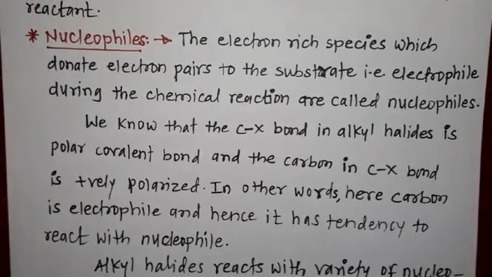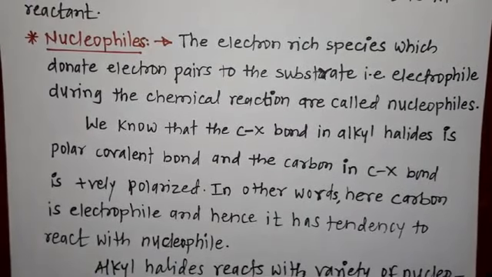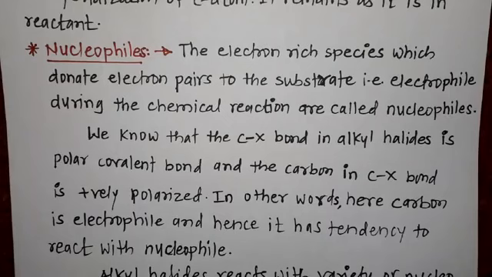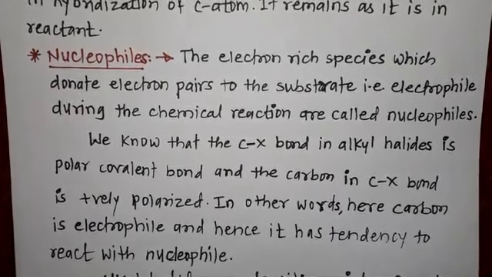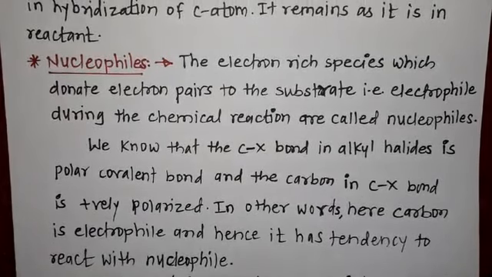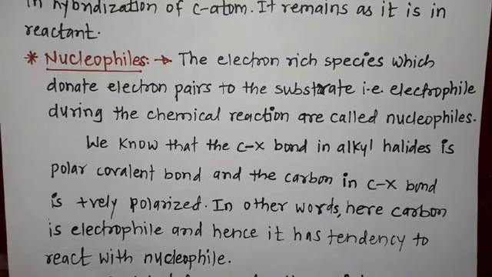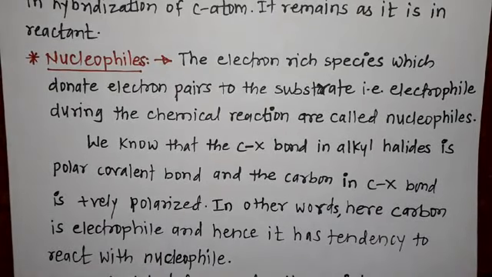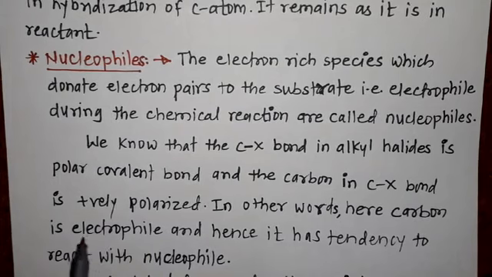We know that the C-X bond in alkyl halide is a polar covalent bond, and the carbon in the C-X bond is positively polarized. In other words, we also say that the carbon atom in alkyl halide behaves like an electrophile,